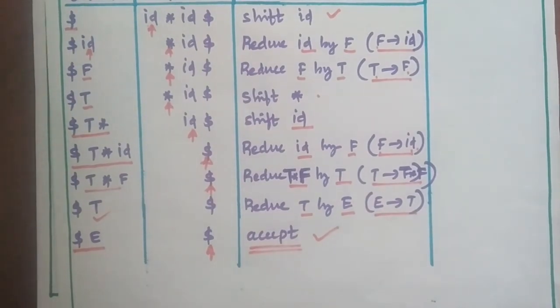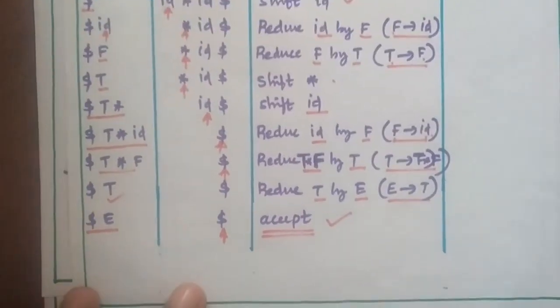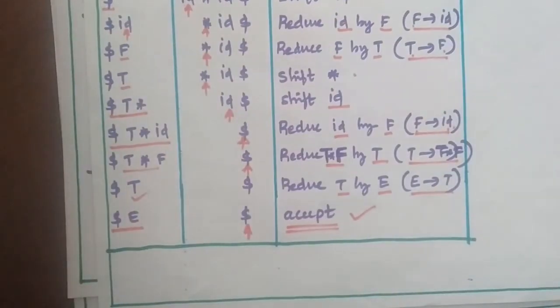So this is the way an SR parser performs its parsing operation. How and when the SR parser decides to perform a shifting operation and when to perform a reducing operation, we will see with a specific parser, because that is the major problem in constructing a shift reduce parser or bottom up parser. We will see those things later. Usually this type of parser will enter into a conflict about when to perform shifting and when to perform reducing.